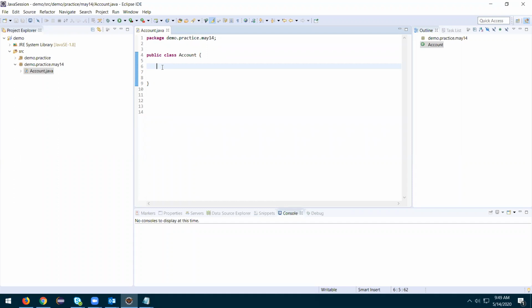There we follow instructions sequentially. Later, when object-oriented programming came, they were thinking to bind data and behavior together. That's where object-oriented programming came into the picture.